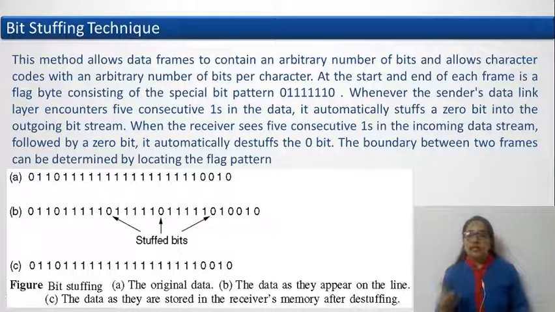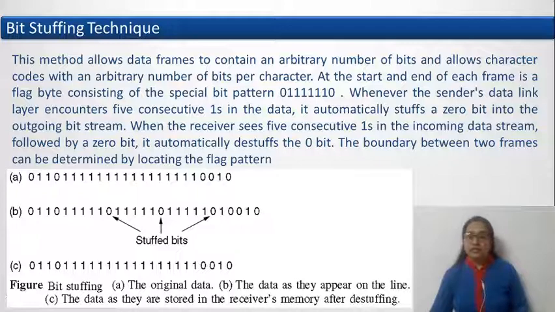So that sequence is 01111110. If this same pattern occurs in the message data bit sequence, then we have to break that sequence so that the receiver will be able to identify that it is part of the message and not the end of the frame. As shown in the figure example, we can see here after each run of five consecutive ones, an extra bit, that is bit 0, is stuffed.